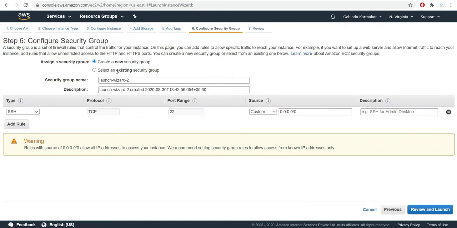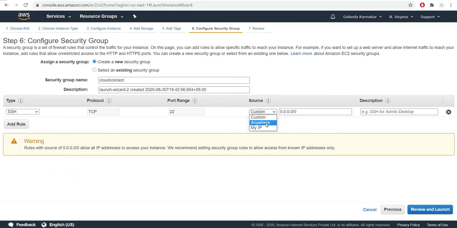Next, hit tag. Now we need to create a security group. A security group acts as a path to connect from your local machine to your instance. To do that we need to give it a name. The security group name would be Cloud Connect, and the protocol would be SSH.